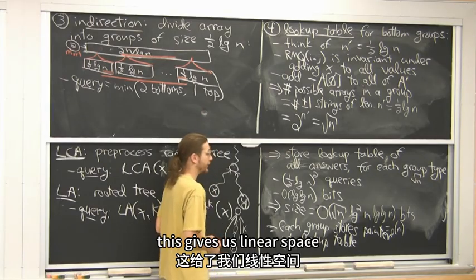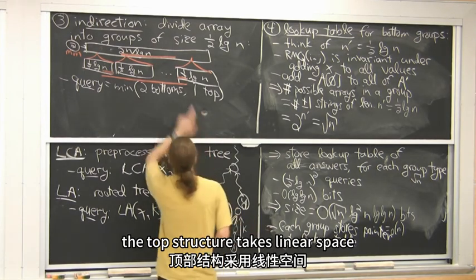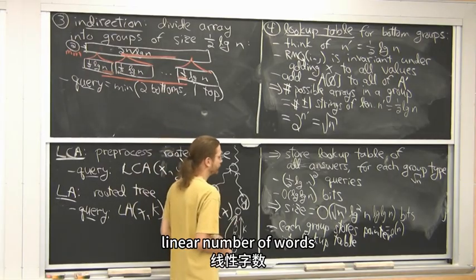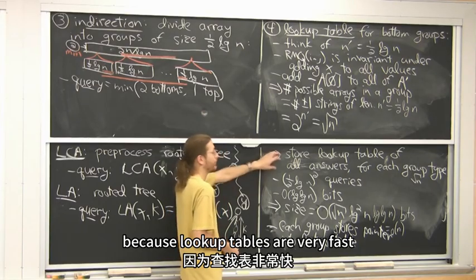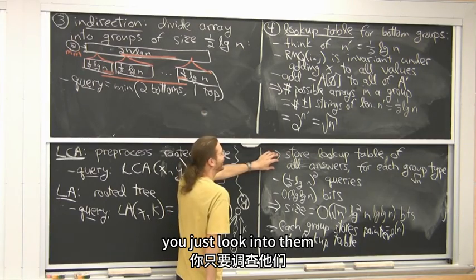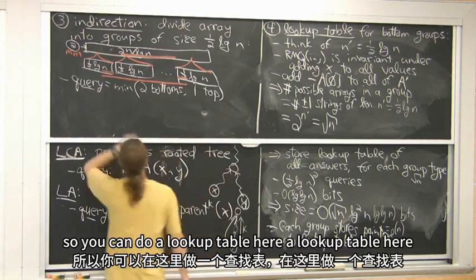This gives us linear space. These pointers take linear space. The top structure takes linear space, linear number of words. And constant query time, because lookup tables are very fast. You just look into them. They give you the answer. So you can do a lookup table here,